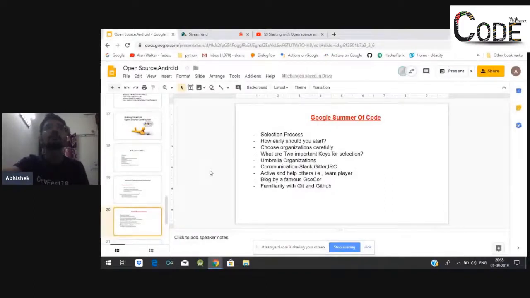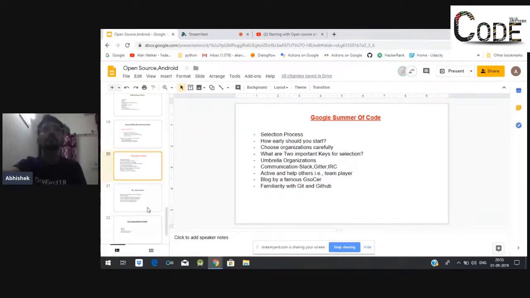Let me talk about Google Summer of Code. See, basically the timeline. This year's timeline was, let me walk through. Google opens, Google tells about their